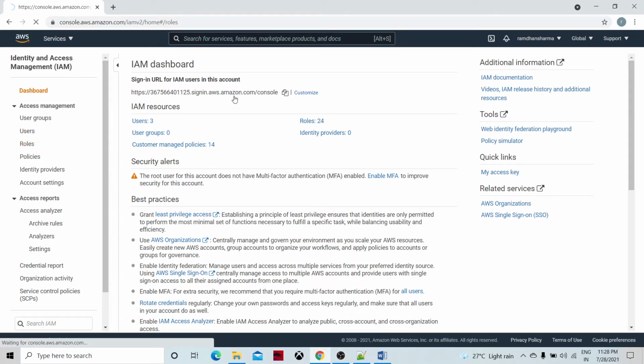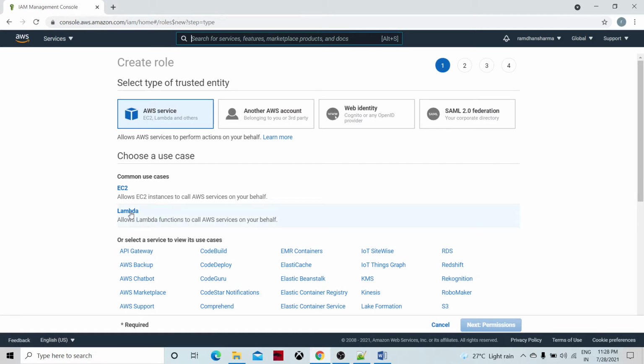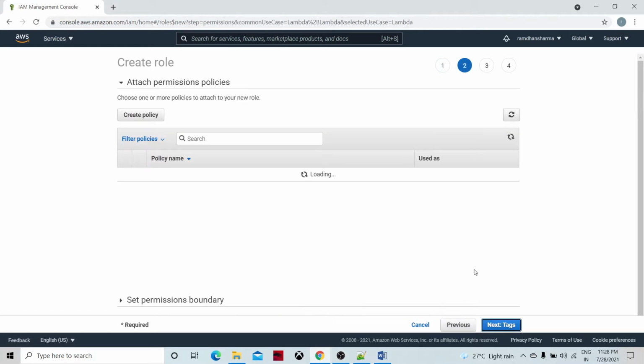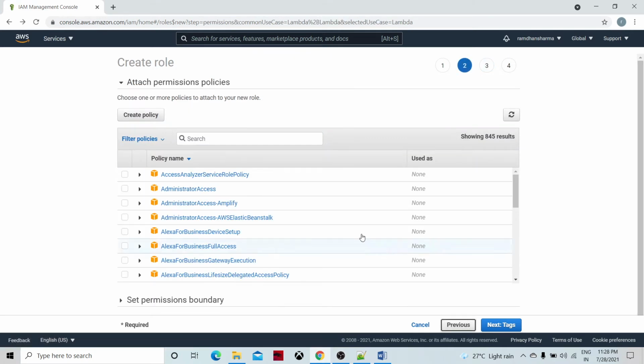So I'm in the IAM dashboard, and I have clicked on roles and am creating the role. This role is for Lambda services, so I'm clicking on Lambda, selecting it, and then clicking next. Then again next, and let me go to the previous one.